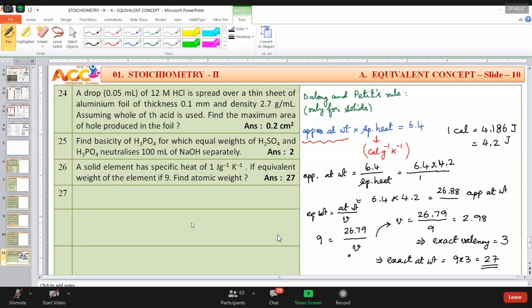Remember, as a formality of completing the discussion, I have taken this problem into account. So you get an idea of what is the meaning of an approximate value and how to use Dulong and Petit's rule, but nowadays it is outdated. This is a completely outdated discussion. We do just one problem so that we know what Dulong and Petit's rule is. That's all. For that purpose, I have taken one problem. Usually such problems don't come; earlier they used to.